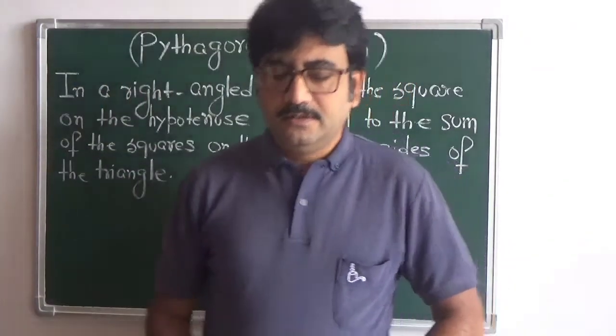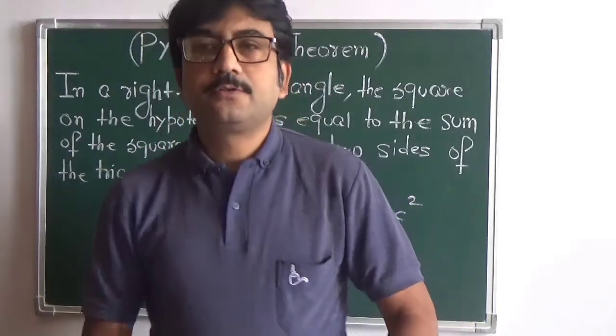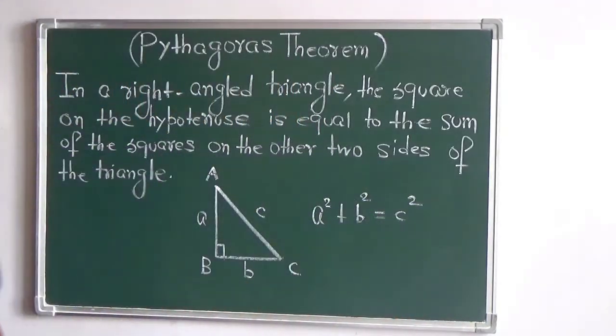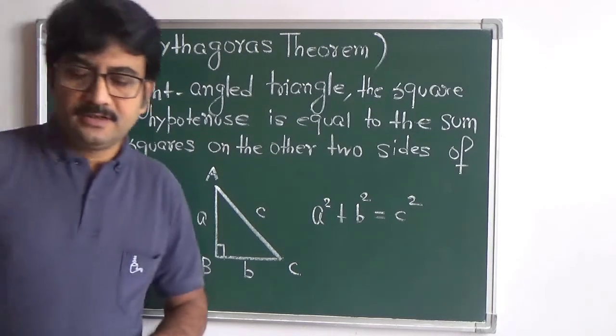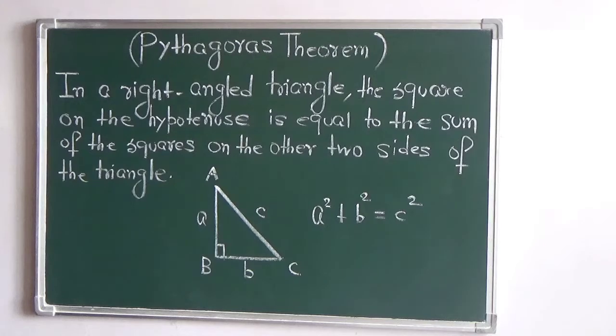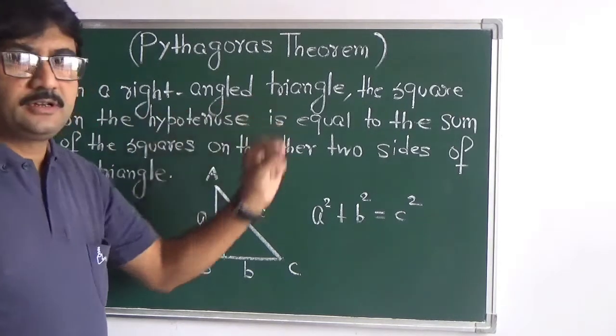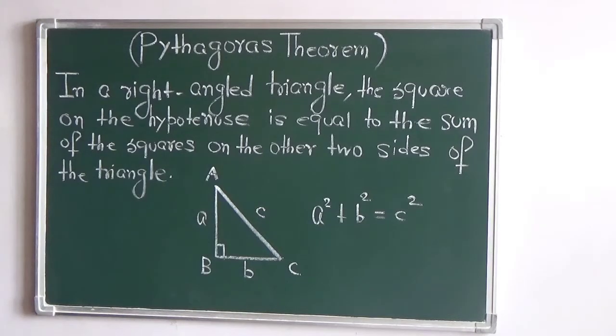Okay, good morning children. Today we are going to start with a new topic called Pythagoras theorem, named after the very renowned mathematician Pythagoras, and this theorem is based on a right angle triangle. I have already written the Pythagoras theorem on the board. You just copy it down first and then we will move on to further discussion on this particular theorem, followed by problem solving. So please write the theorem.